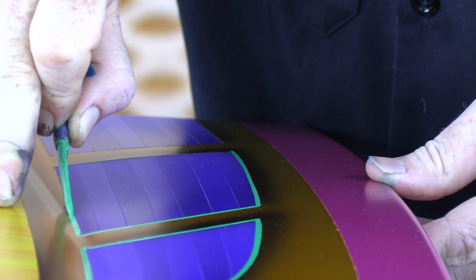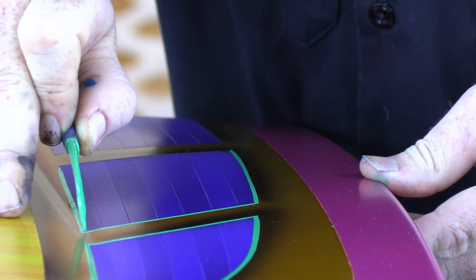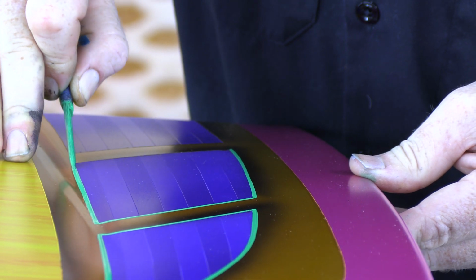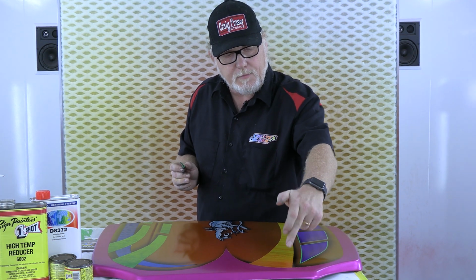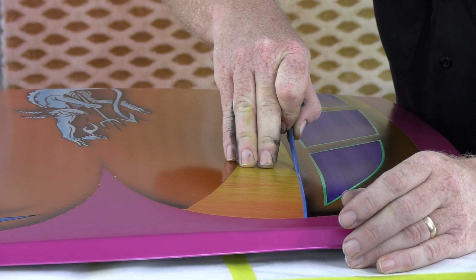And I press down a little bit more and I can get a little bit more width out of that brush. I basically am just going to continue until I get this violet graphic done. Then I'm going to clean the brush out real good and go on to the next color, which for this color right here is going to be a blue. We're going to do a blue on that yellow. All the way down